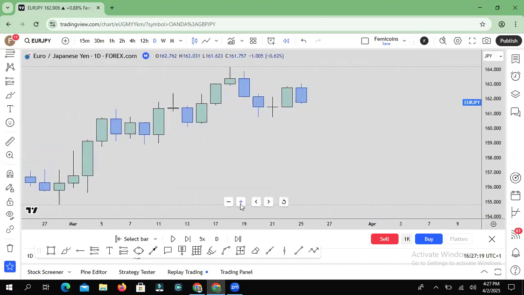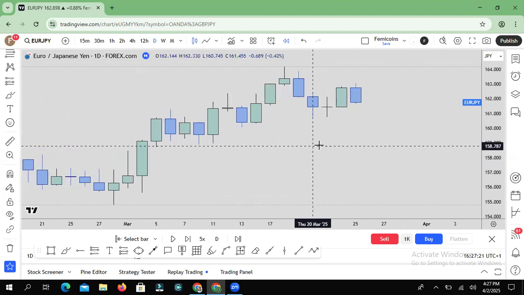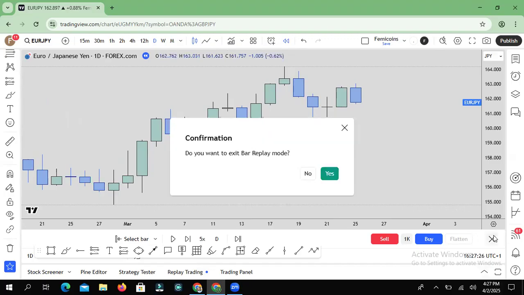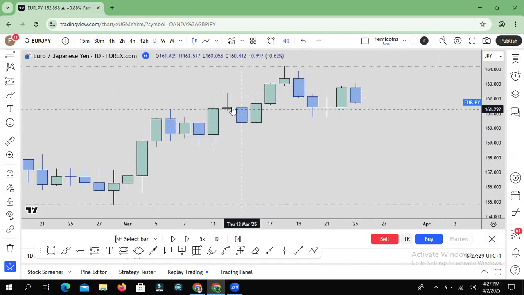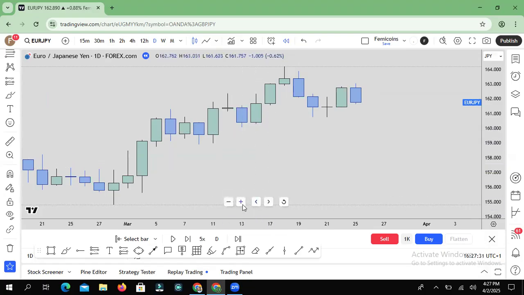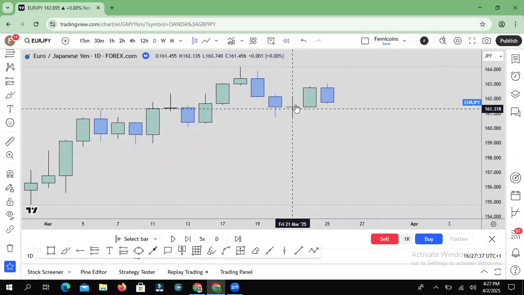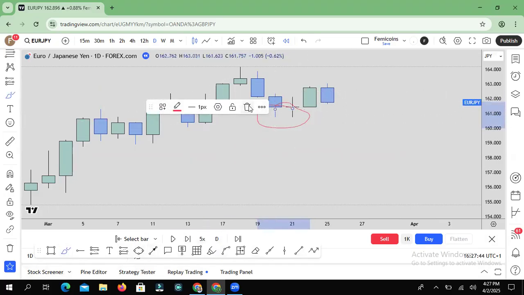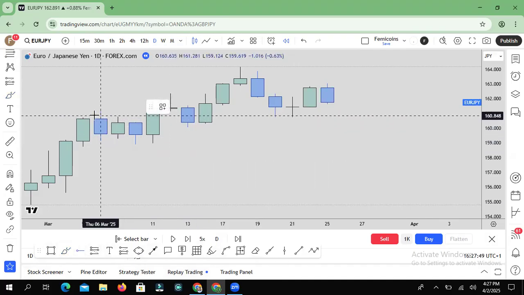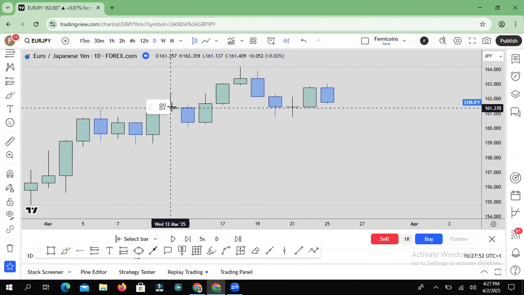So what do I want to do? I want to see candle rejection and candle closure on this particular day. Are we at the current price? Okay, we are still on the current price. So what do I want to see? A daily rejection and candle closure. So look at this week right here. All you want to spot out is your weeks. Where are we rejecting from? Can you see this week right here? I know for sure we are rejecting from this A-shaped key level. This is an A-shaped key level.